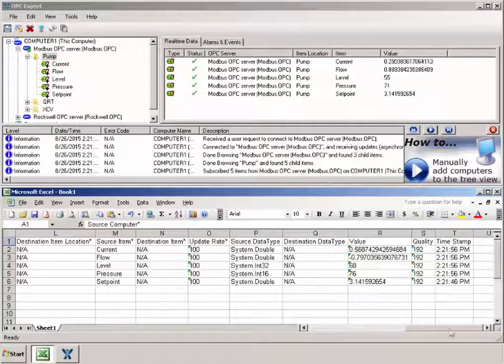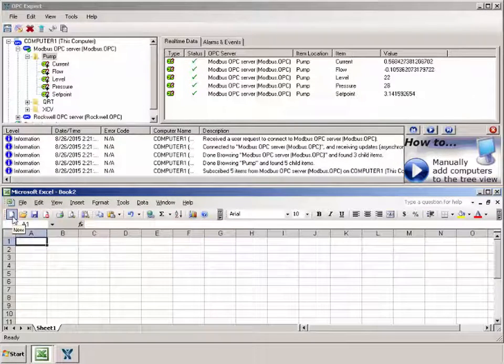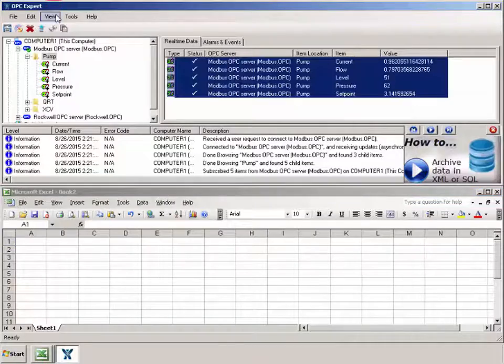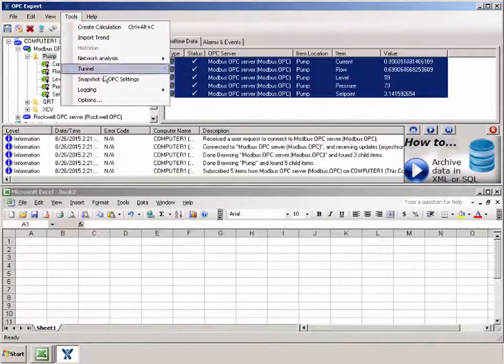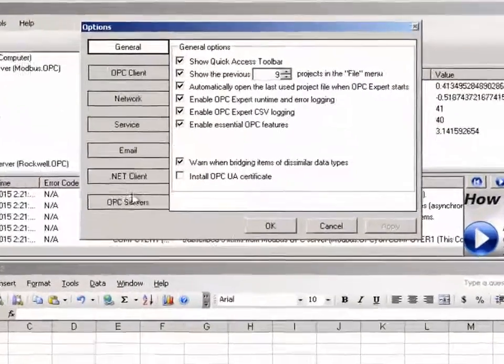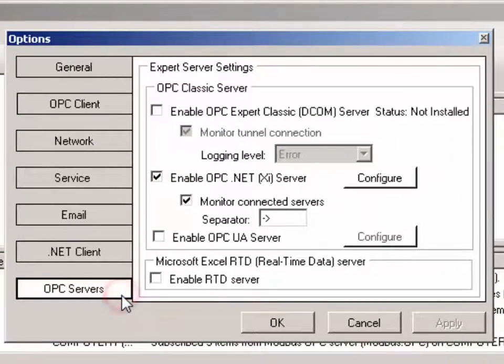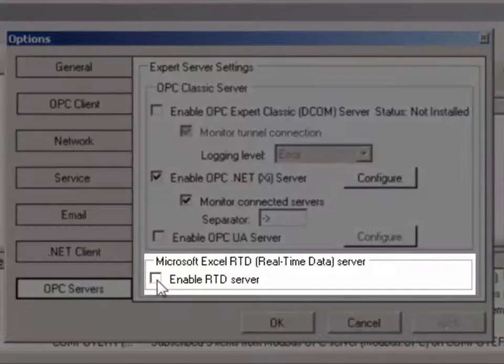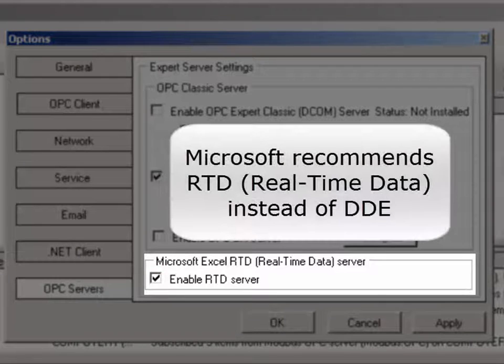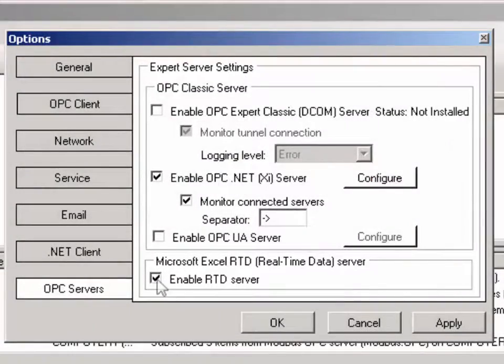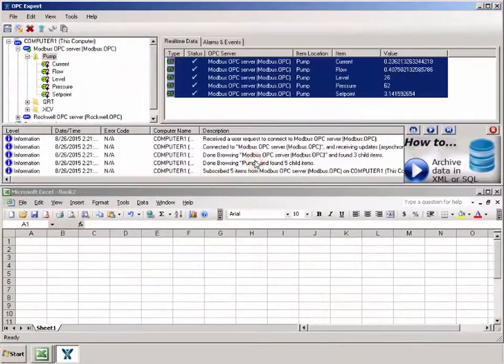In Excel, start a blank worksheet. To enable the real-time data transfer, refer to OPC Expert's main menu and select Tools and choose Options. Refer to the OPC Servers tab. Check Enable RTD Server, which is Microsoft's preferred way to enable Microsoft Office applications to receive real-time data, RTD. Click OK. Select a couple of items,